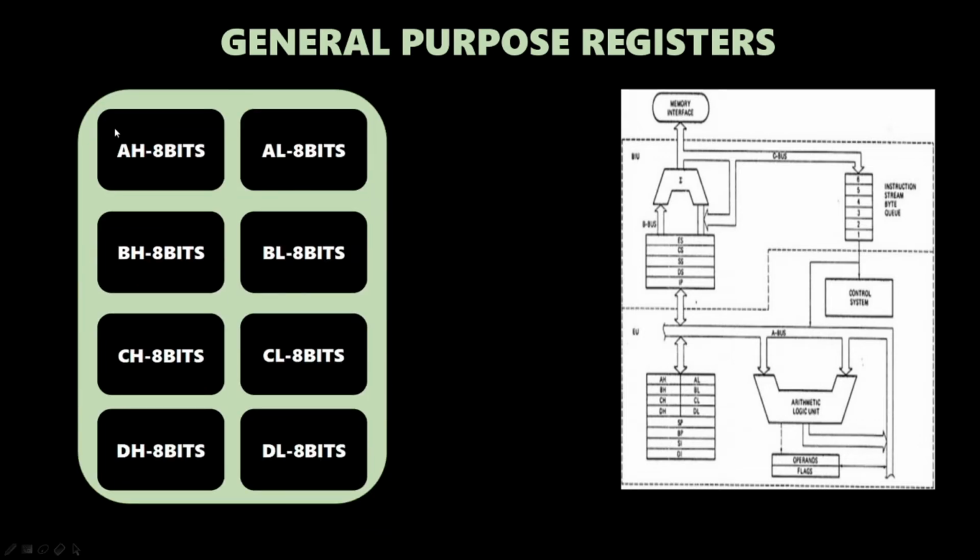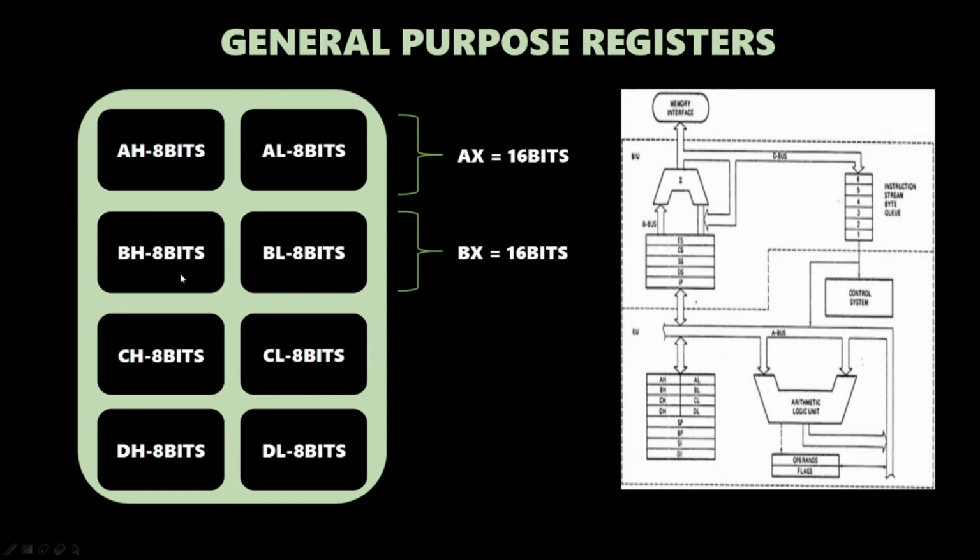So these are our 8 registers that we saw here. All the 8 registers can hold 8 bits of data. The AH and AL individually hold 8 bits of data, but both of them can be combined to form the AX, which is 16 bits, which can hold 16 bits of data. That is basically, if we have a 16-bit number, then the first 8 bits will get stored in the AH and the next 8 bits will get stored in the AL. The AH will basically hold the first 8 bits and the AL will hold the next 8 bits.